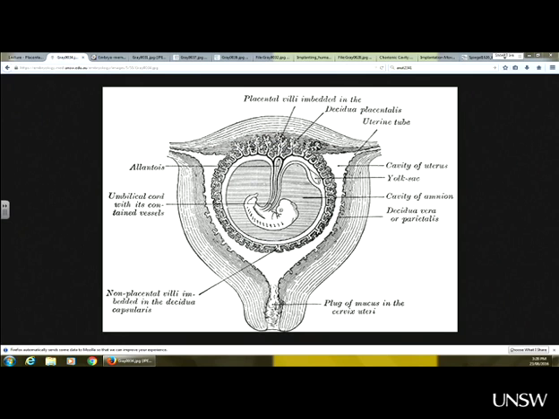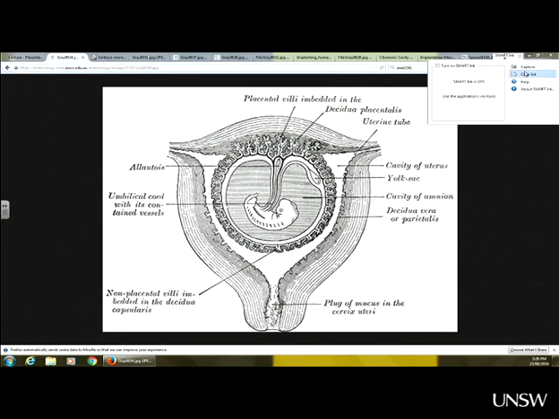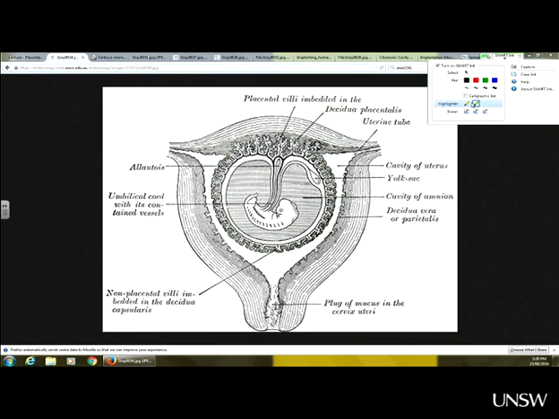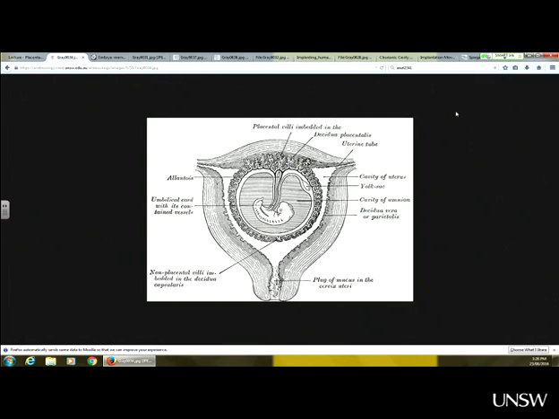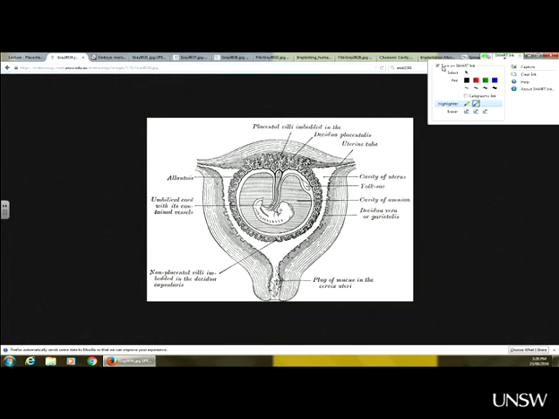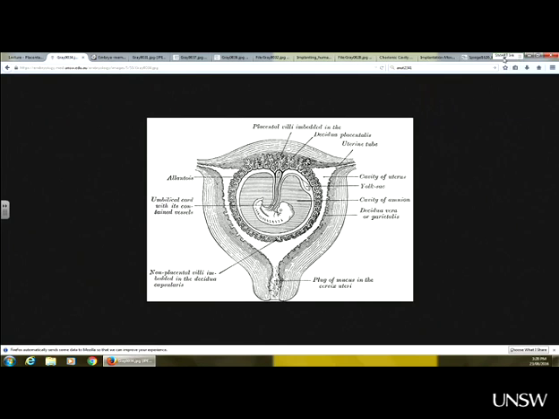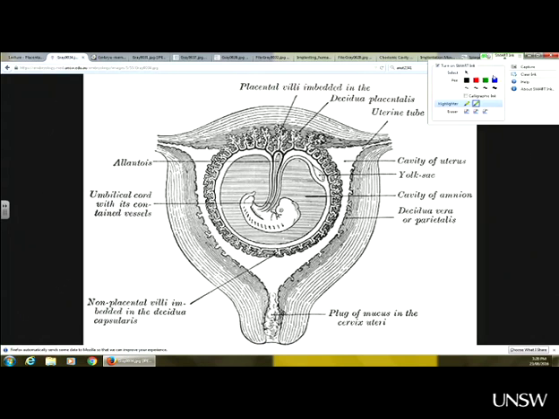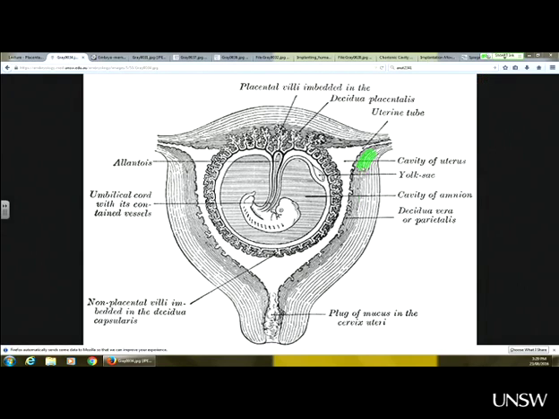Now, the remainder of the uterus, and I'll just show you the rest of the uterus here. All of this, I just turned my ink off, sorry. All of the remainder of the wall, I can never get this thing to work properly. All of this material out here and here is described as the,